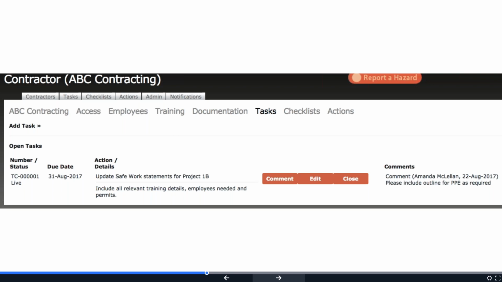So this enables the contractor to communicate back and forth on this task with you, maybe request an extension for the timeline, but effectively you'll be able to see, are these tasks going overdue, are they not being completed, and you can actually have an approvals process before this action gets closed out to your liking.